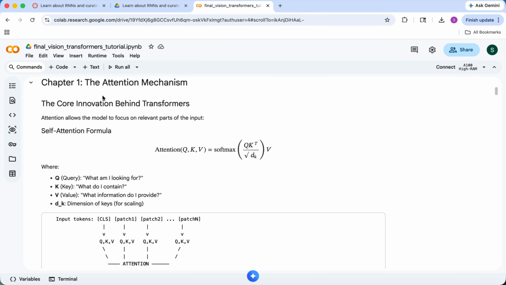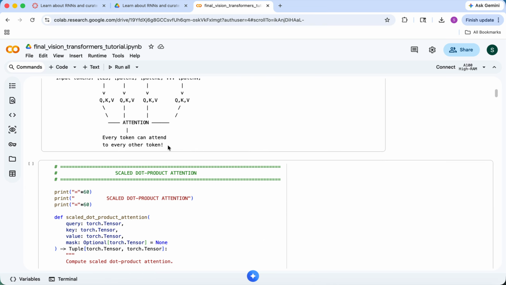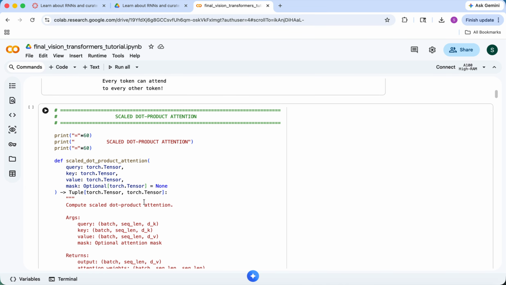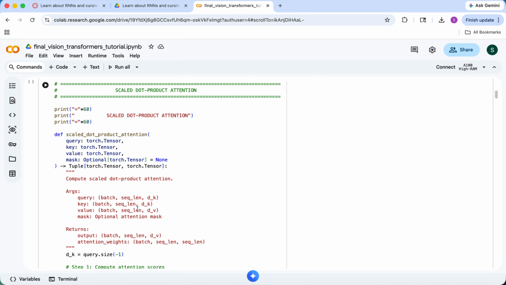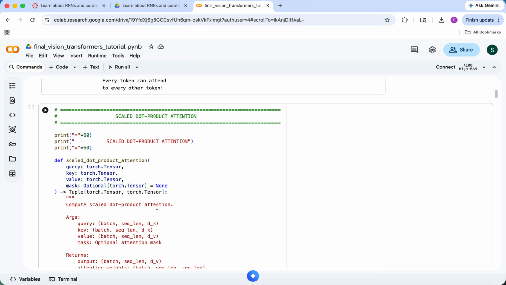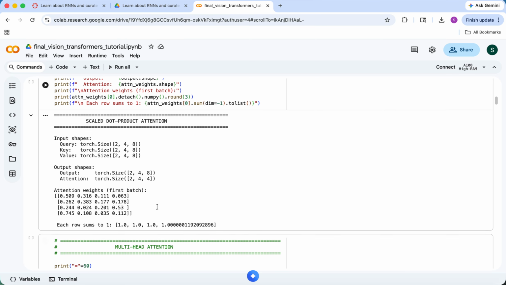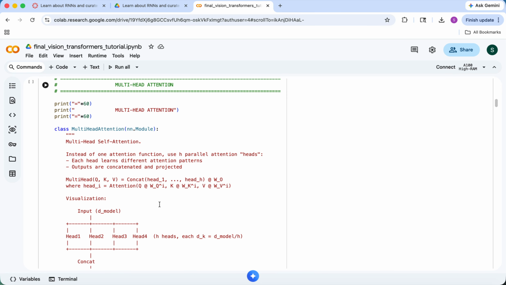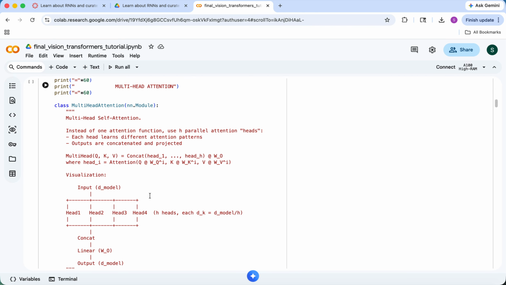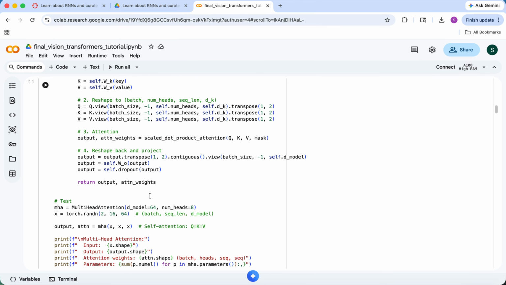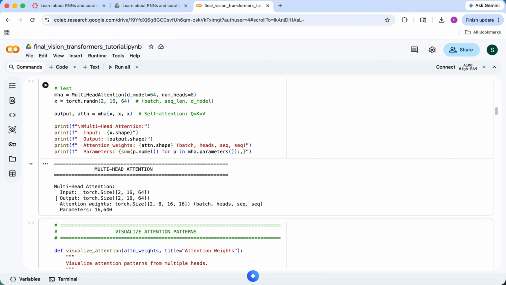And then next comes the attention mechanism. This cell explains scaled dot-product attention using a query, key, and a value. Then if we go ahead and see cell 5, it extends into multi-headed attention, where different heads learn different relationships. So this is the whole cell, and we can see how different heads learn different relationships with these